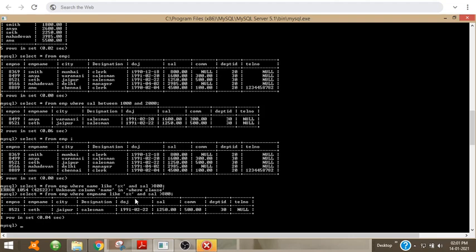If we want the last letter to be S, then we can give percentage S. Now let us see how I use character matching.